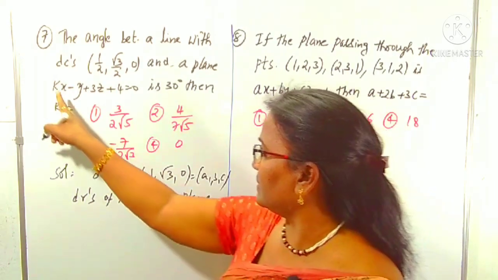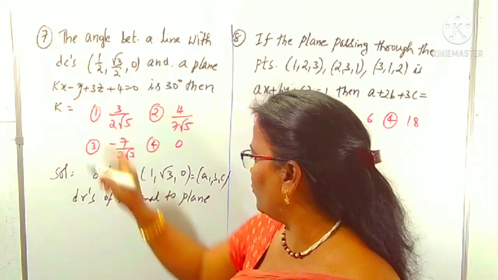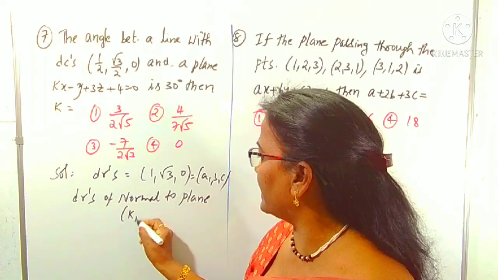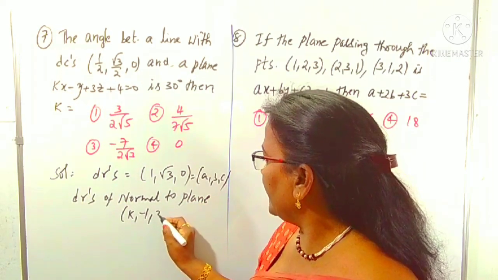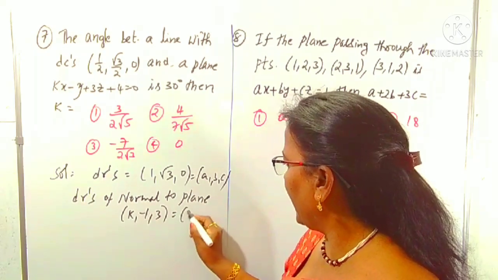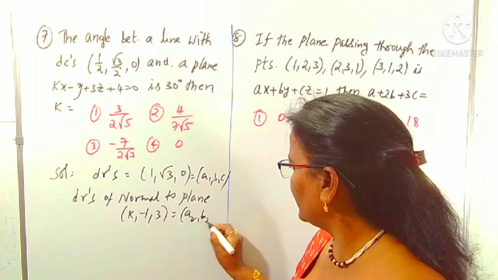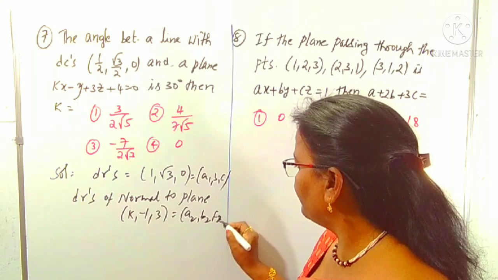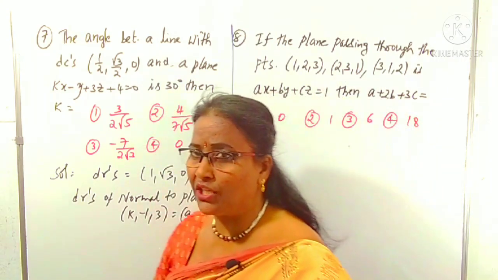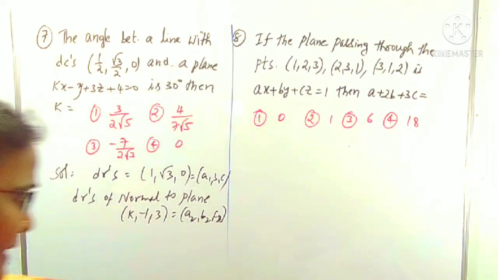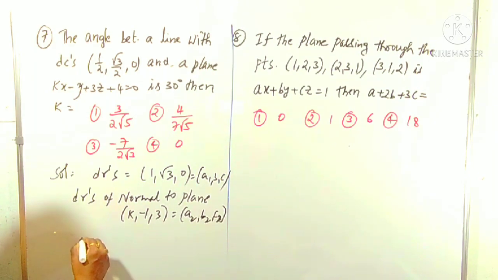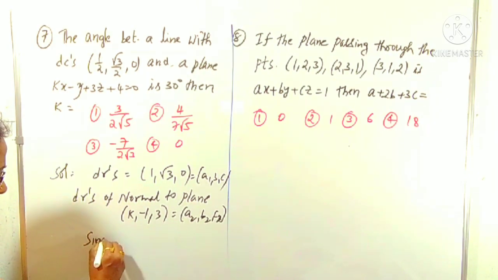Simply we can take these x quotient, y quotient, z quotient as k, minus 1, 3. This is taken as some A2, B2, C2. What is the given angle? 30 degrees. Here you have to use the sine formula, that is sine theta is equal to